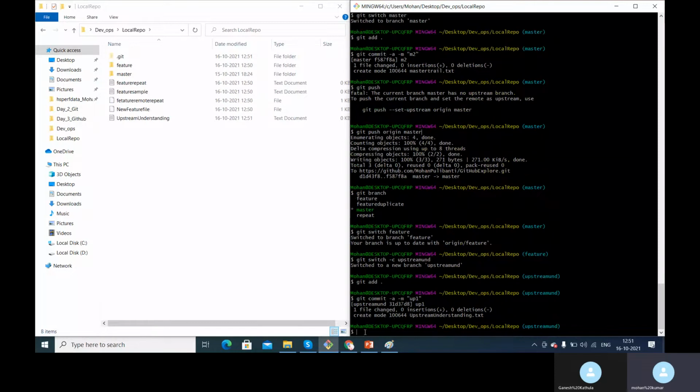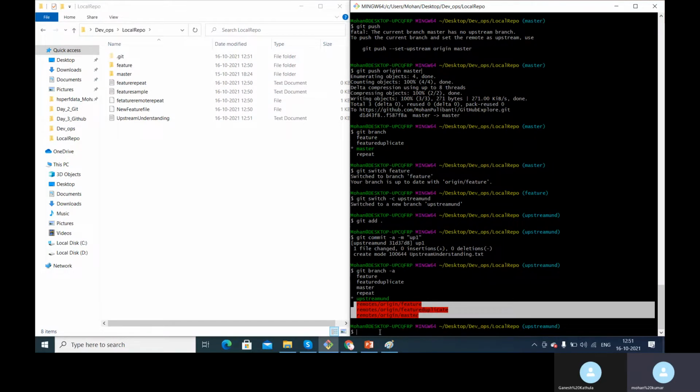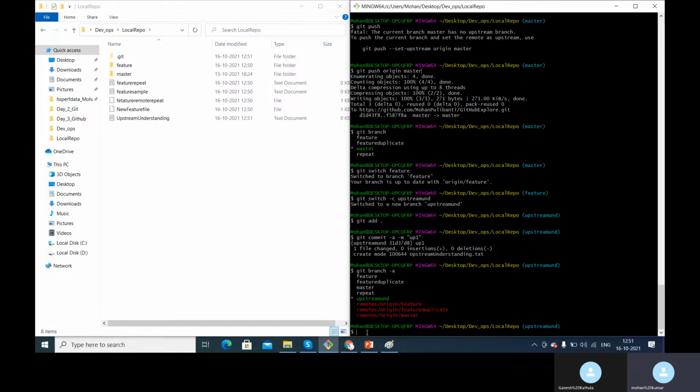Now when I execute git branch -a, you see we have an upstream branch here, but we don't have any local remote tracking branches for that. To push this code onto the remote repository, we know the command is git push origin and the branch that you want to push. The name should be the same as the local branch, so it is easy for us. Always try to keep the same names from the local to the remote repository.